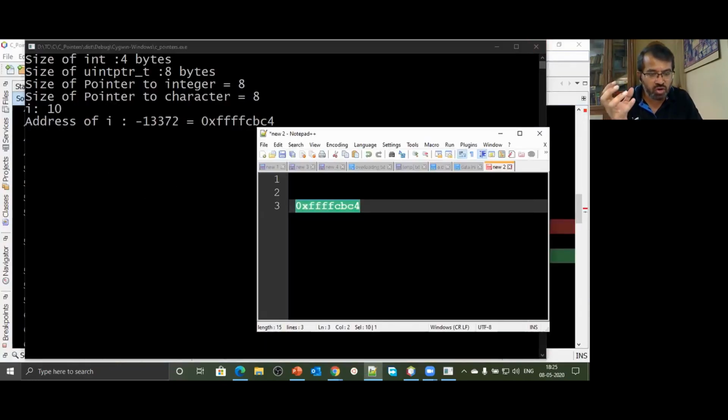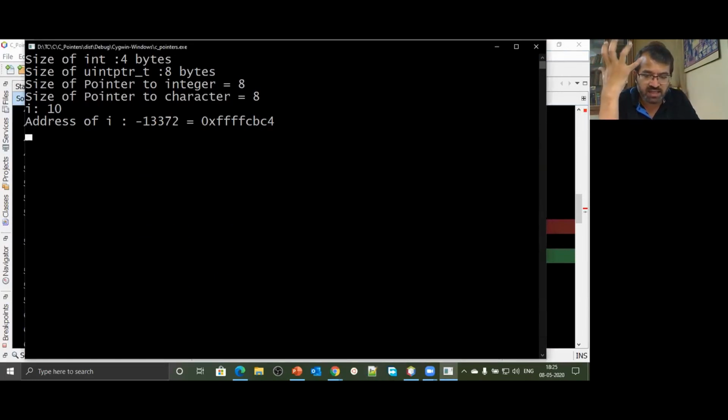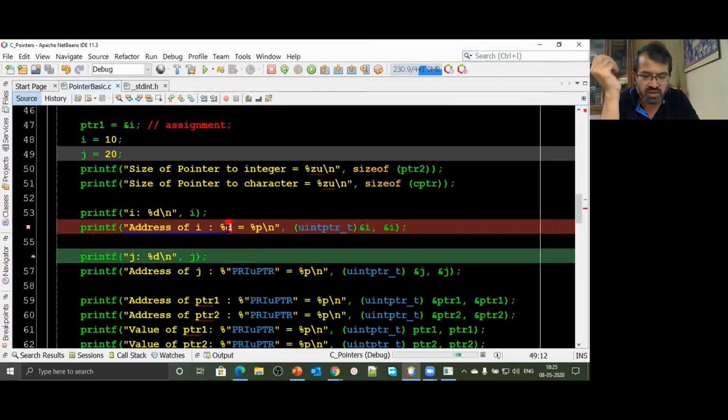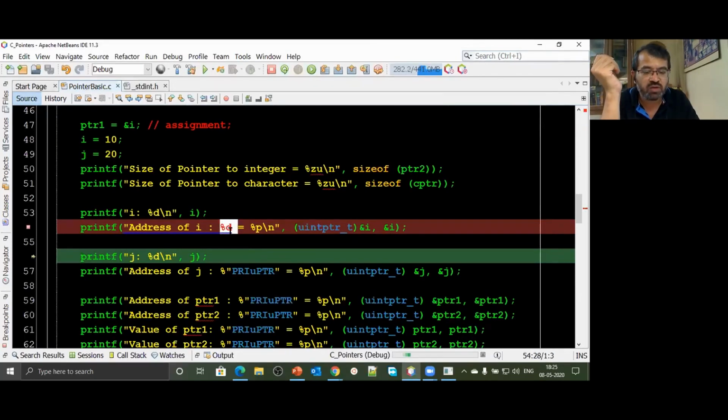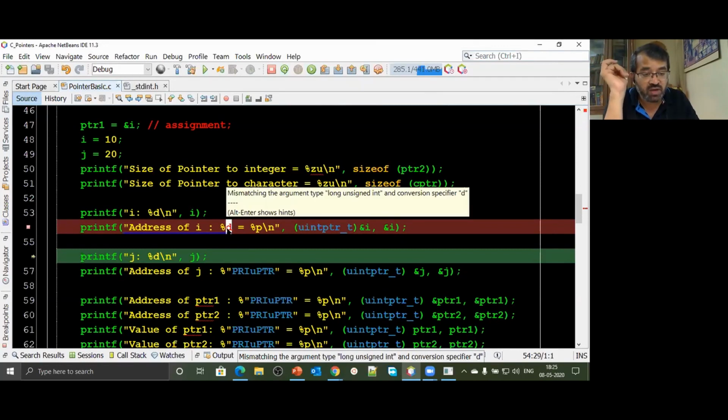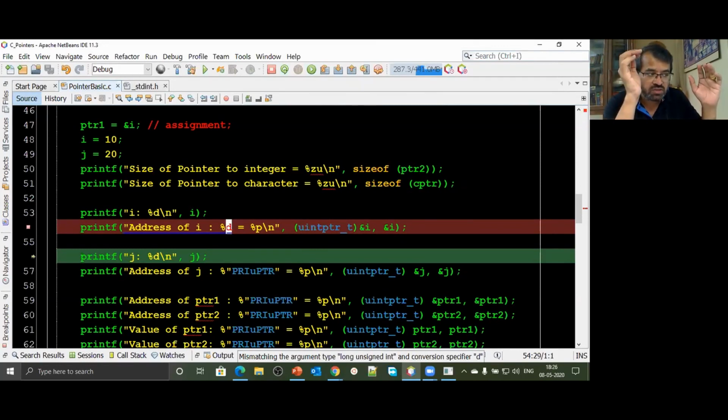I want that value not to be considered to be of type int. I want it to be considered as an address. A large number has to be printed. So you should never print an address by using format code %d. It at times may work as long as your address was not beyond 2^31 - 1. Our address can be beyond 2^31 - 1. That's precisely what we're having.